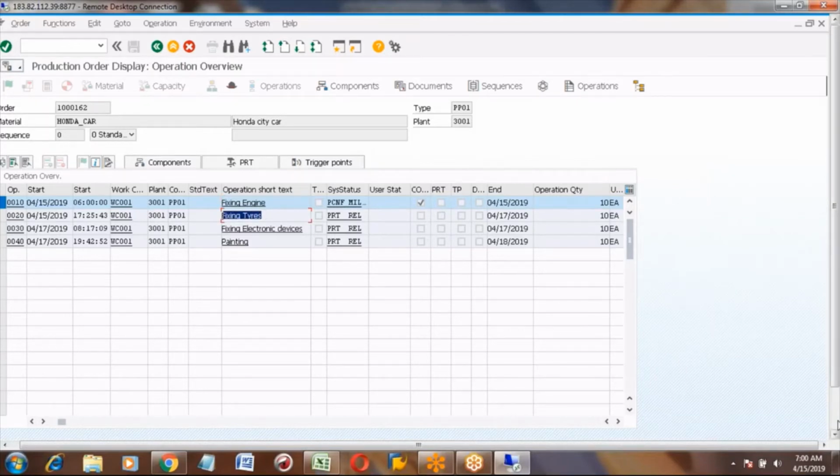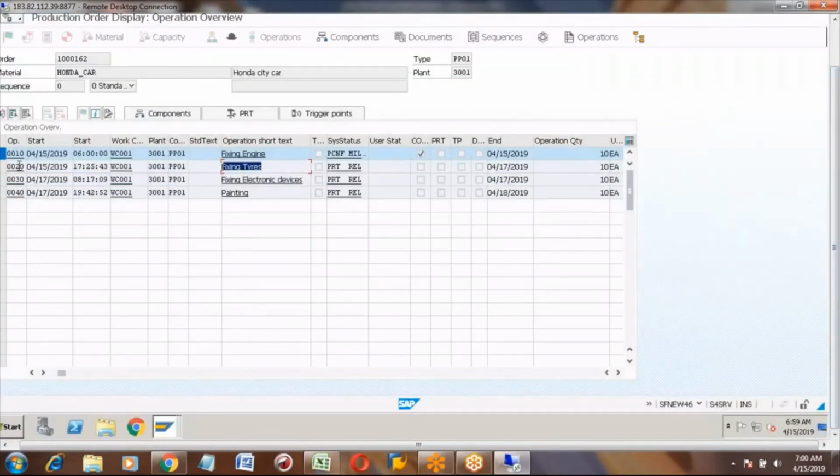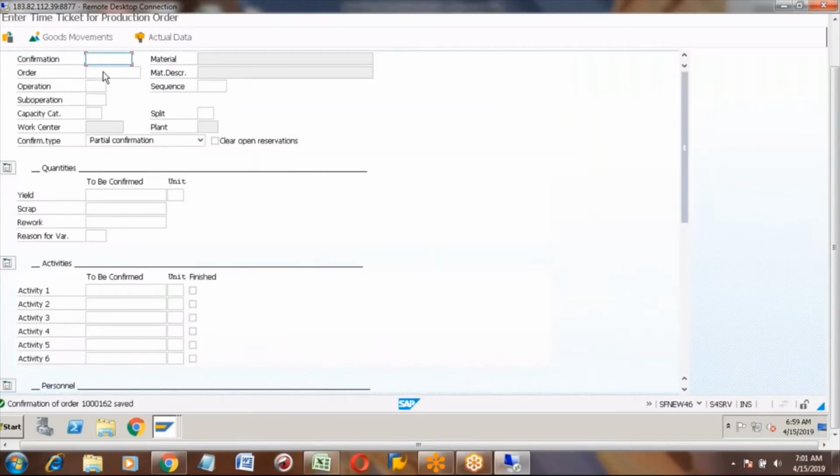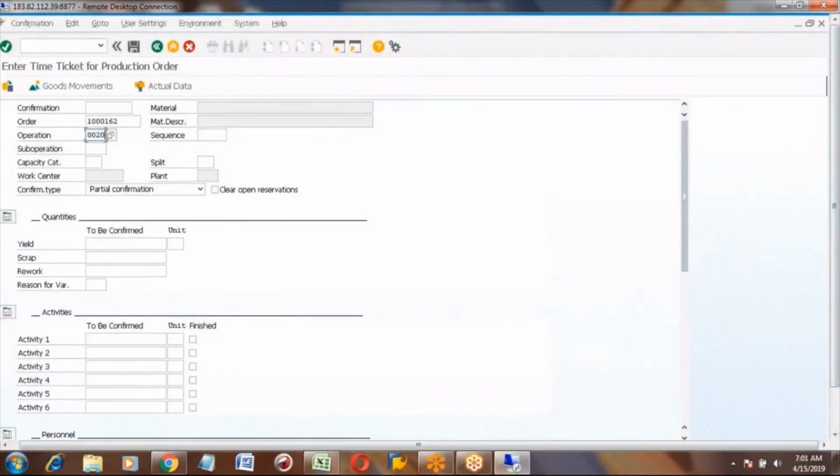So you can open again the second operation, that is number 20, 30, 40. Go to the time ticket, enter the same order number, and now you need to enter this second operation, that is 0020. Enter these two details and press enter.